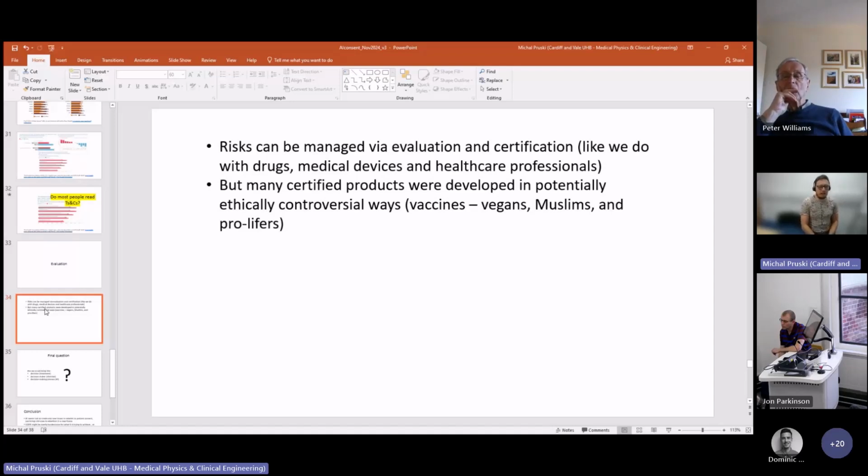Again, thinking about an example here of vaccines: some are developed on eggs, some have porcine products in them, some are developed with cell lines like HEK293 that are a bit more controversial among certain groups. And even though these vaccines might be approved, these are still things that we inform patients about because we know they might not want to give consent to that.